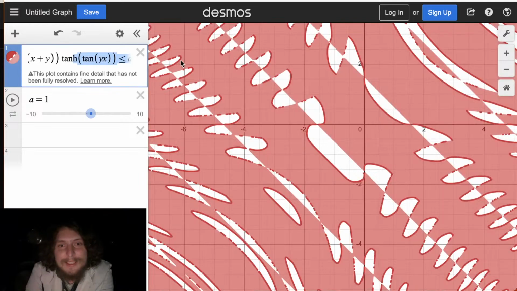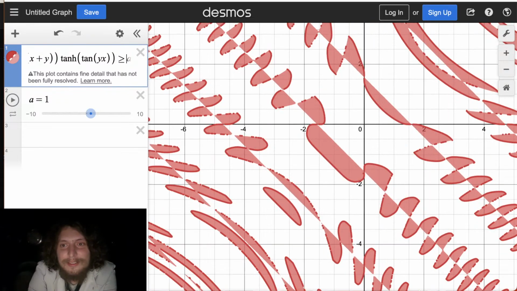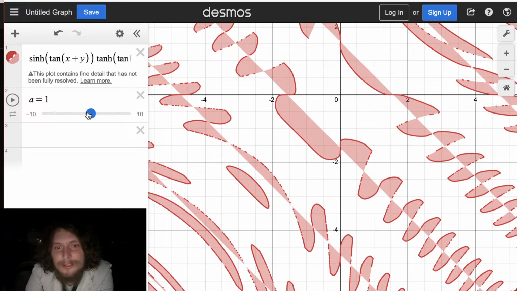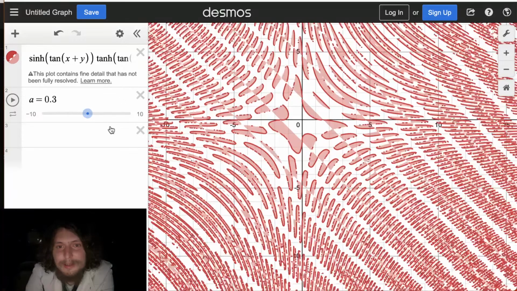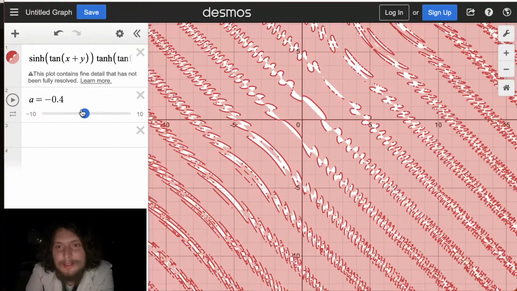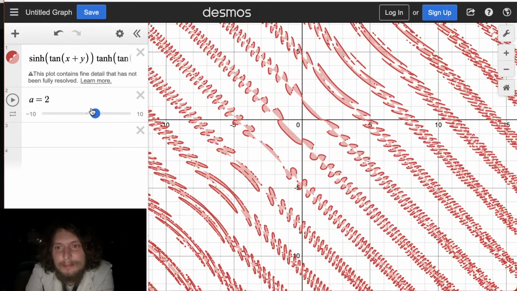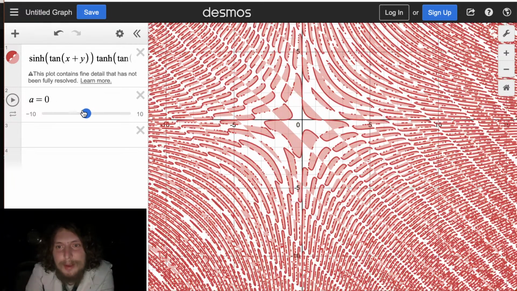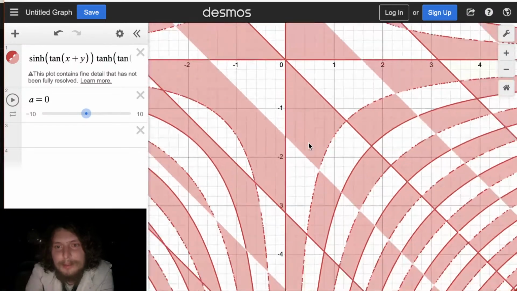Let's flip this, because then we'll see these things on their own. Yeah, that's pretty neat. These weird guys. And we can grow them and stretch them a bit, merge them, shrink them a bit. Okay, so now that we've gotten this whole weird web, I'm going to go back to one of these weird board game looking ones.